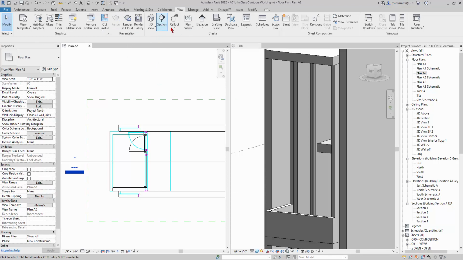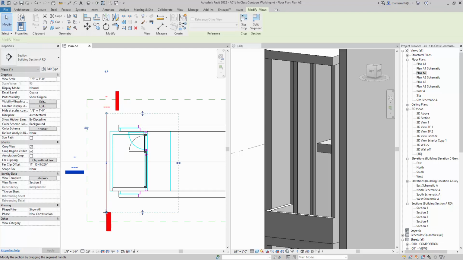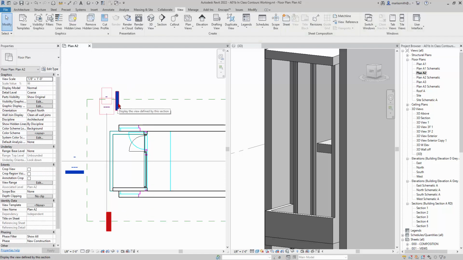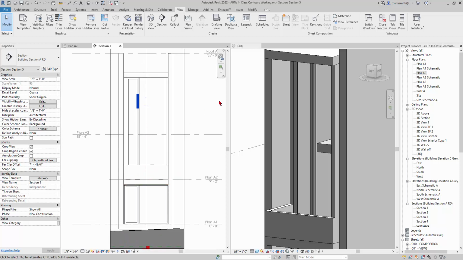Have to be in the floor plan for the section, not the 3D. So I'm going to go to Section, and I'm going to left click and draw down and left click. And it's going to give me a little section, and I'll just really restrict that view level, that view depth, to only there, so it cuts out everything else. And once I get that, I can double click on the blue end and it'll take me into that section,